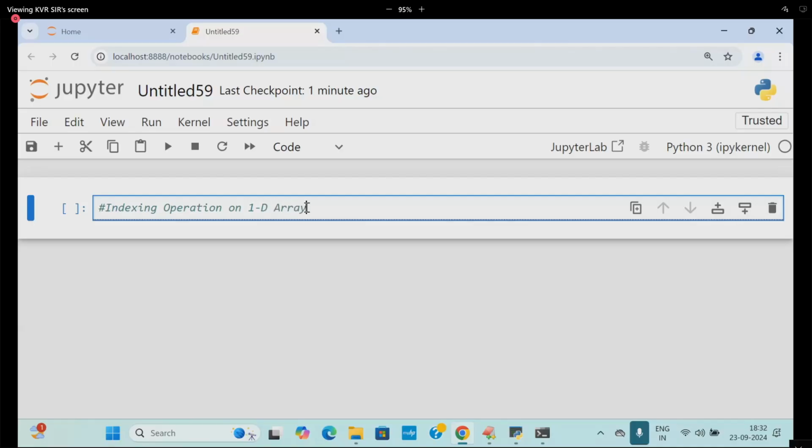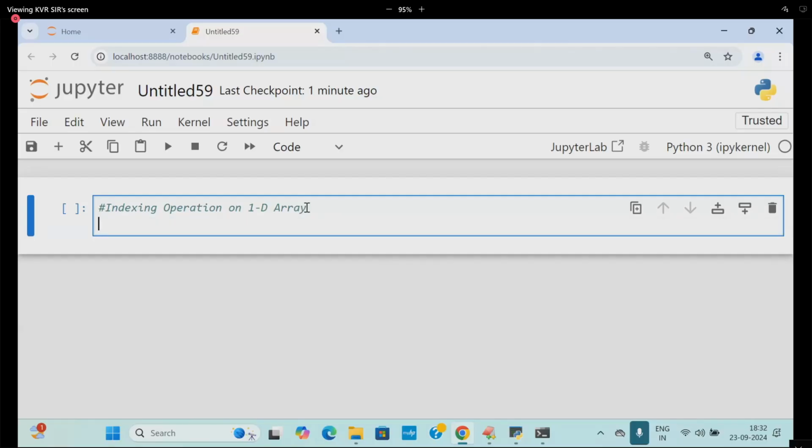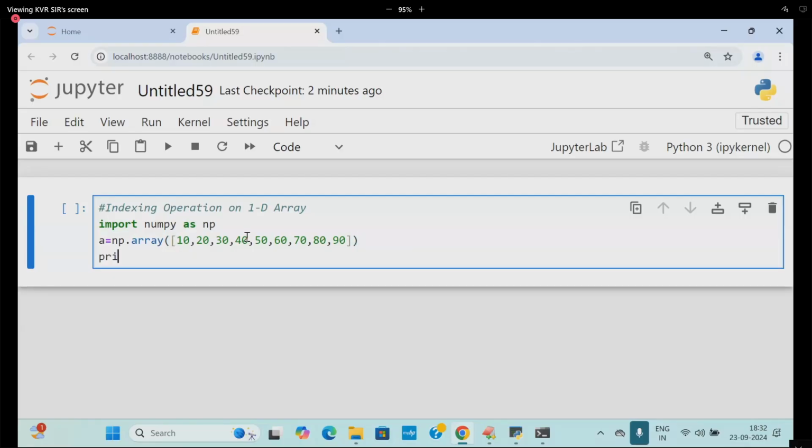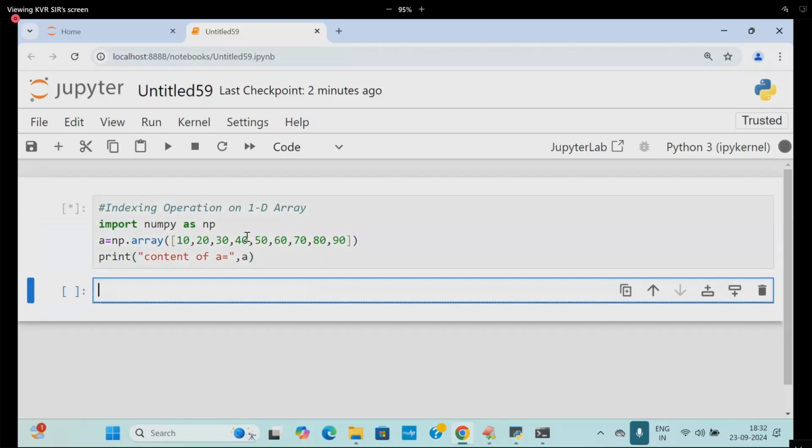Let us take a equal to, of course I will write import numpy as np, np.array of the values 10, 20, 30, 40, 50, 60, 70, 80, 90. This is my example here. Print the content of a. So I'm writing here a. This is my data printed.